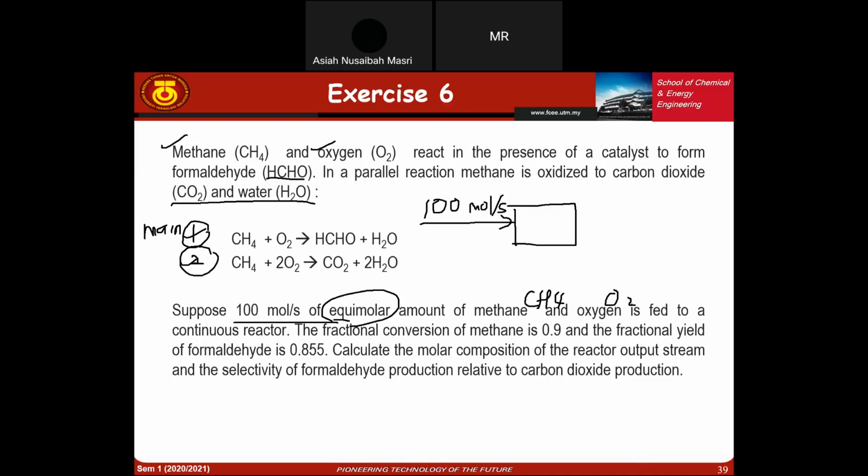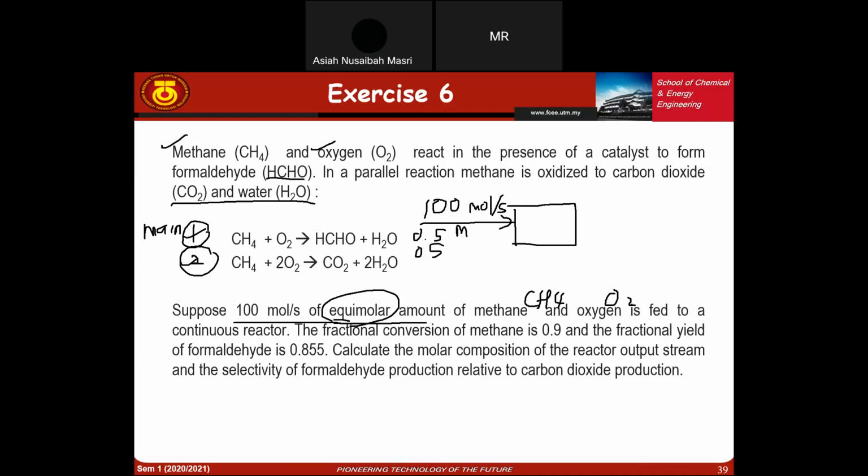What does the mixture contain? The statement mentioned equimolar amount. So equimolar amount, what does it mean? It means the amount is equal in molarity. So we have here 0.5. If we put it in form of composition or fraction, we have 0.5